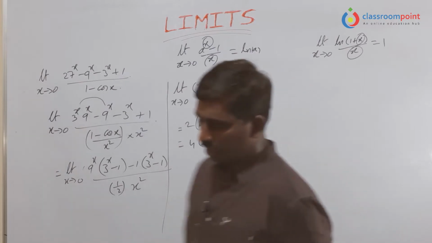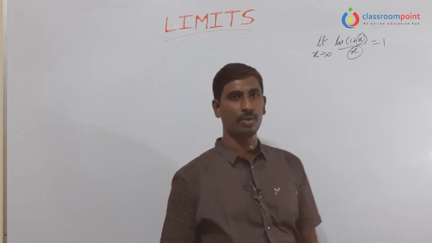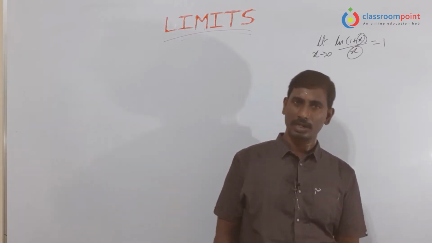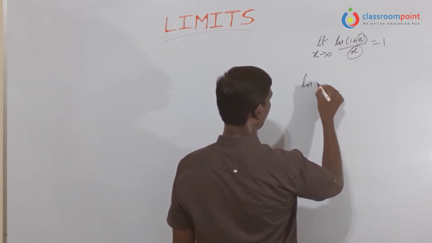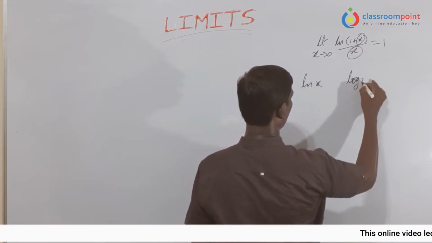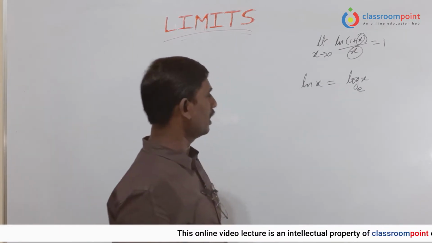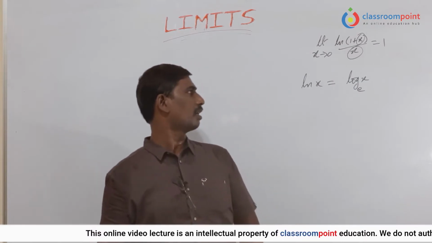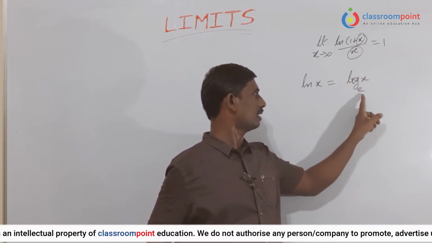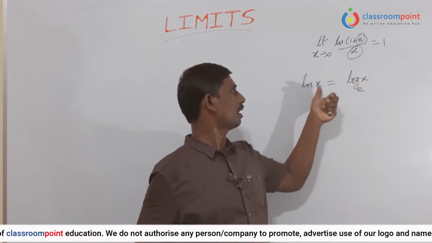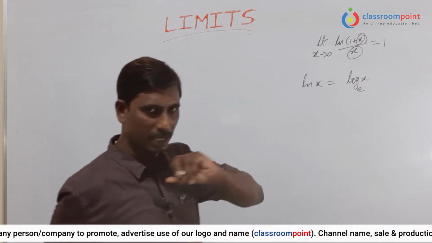And next one is limit x tends to 0, ln of 1 plus x by x. First of all, so many members ask, what is the meaning of ln of x? What is the difference from log of x? Log of x to the base e is equal to ln of x. Somebody knows, but somebody has small doubts. Ln and log of x, what is the difference? If the base is e, then it is called ln of x. Remember, that is the main point here.